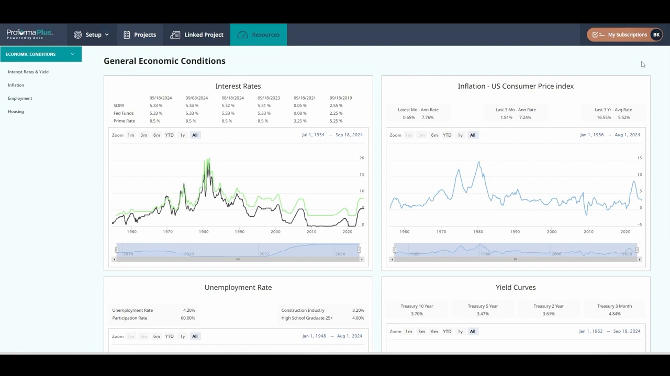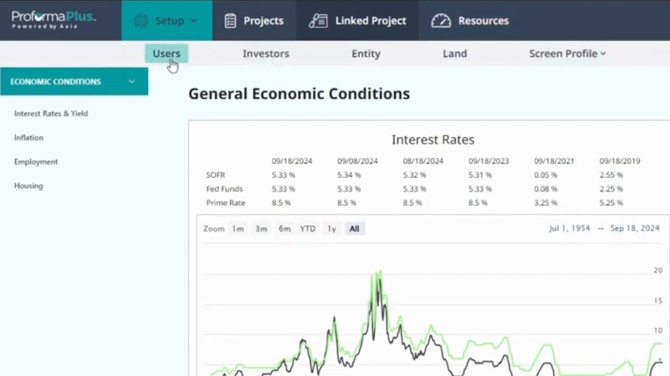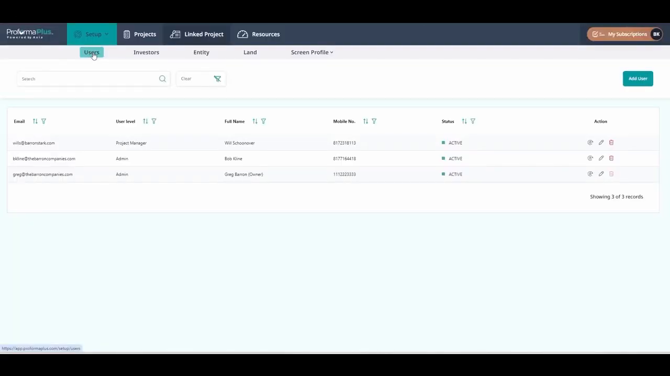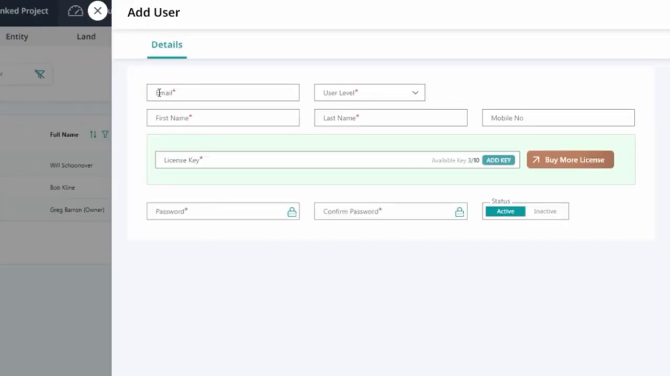To set up a new user, press the Setup button in the menu banner and press Users. This screen shows users that are already active in the system. To add a new user, I press the Add User button in the top right corner of the screen, and the Add User dialog box appears. The fields with red stars are required. Enter a valid email address,